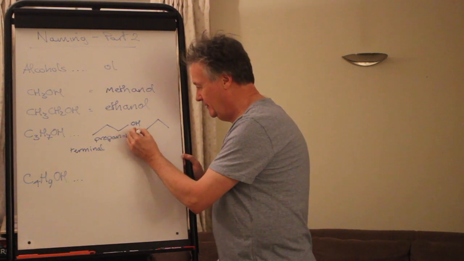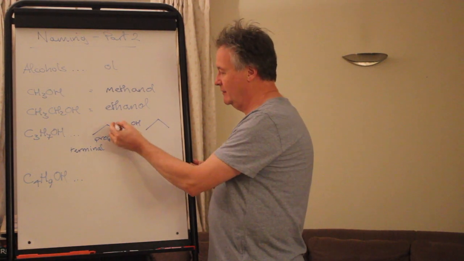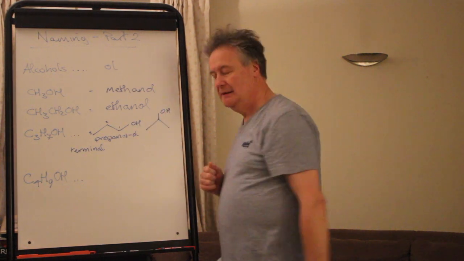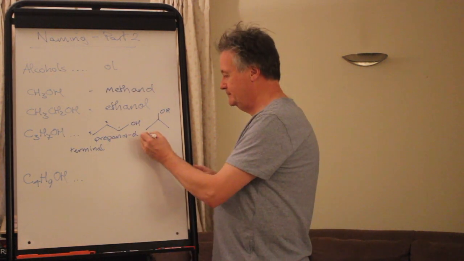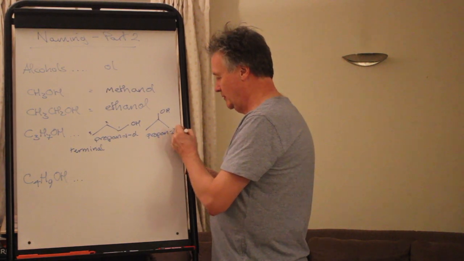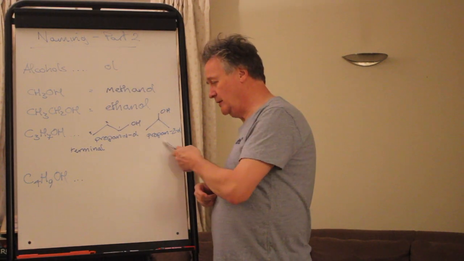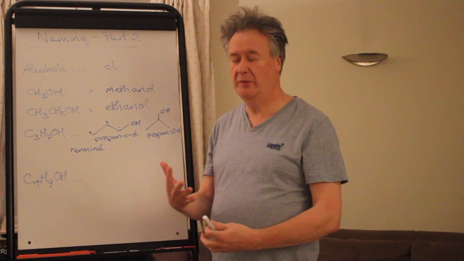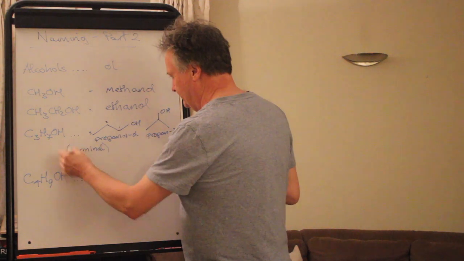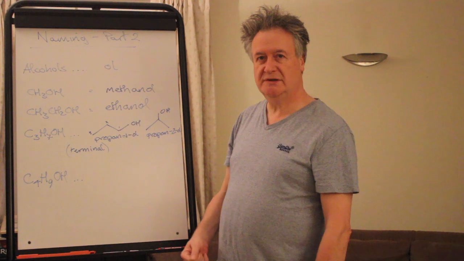I forgot to put the number in. It's propan-1-ol to say the alcohol is on the end carbon, because the carbons are 1, 2, 3. This one here has it on the middle carbon, not surprisingly. Propan-2-ol. This is where the Americans don't agree with us in how we name things. They call that propanol, they call that isopropanol. Propanol. Oh, just irritating. Right, so there we have it. This GCSE named butanol,